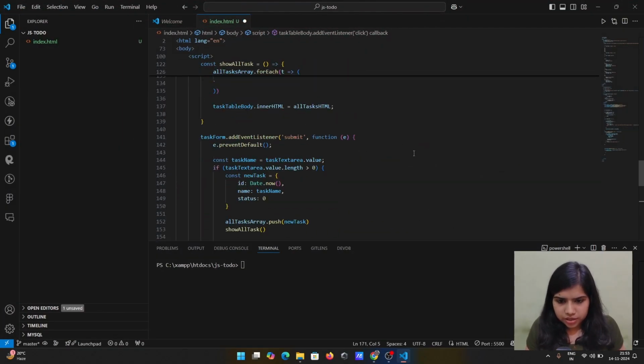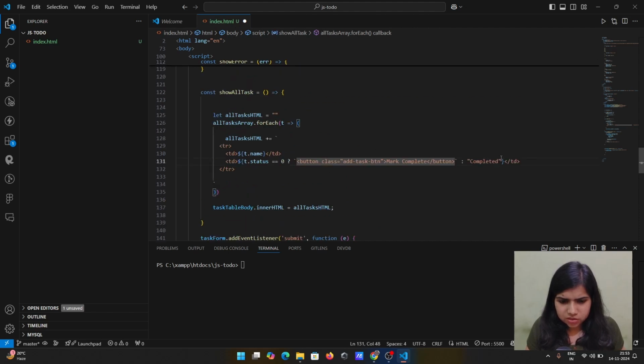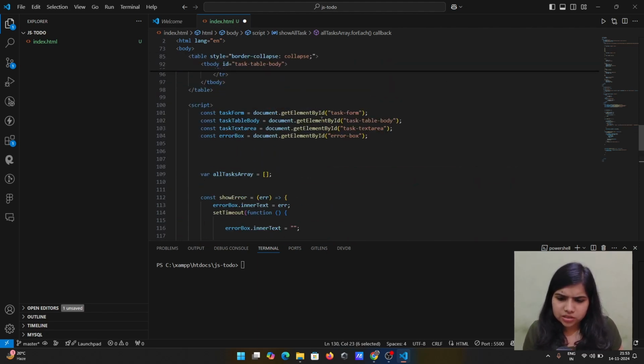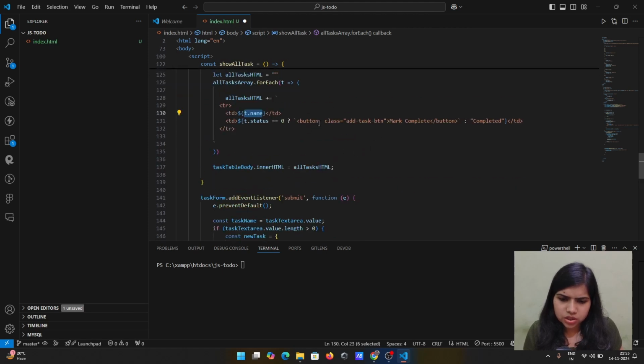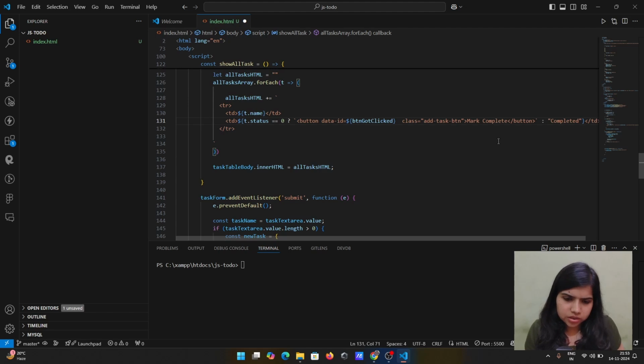So here we were just adding this normal button. Instead of this normal button, we can add some attribute, because we are already getting this t.name. So we had some id at the initial stage, when we were adding this. So id is something that is unique. So we can give data-id, and then I can use backticks and add the t.id here. So it will fetch the id,